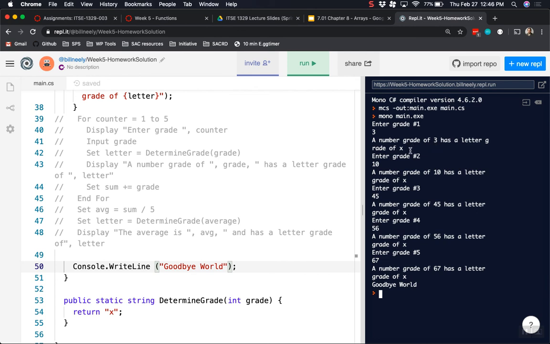and I'm getting back the value of x from determine grade. I haven't done the translation yet, but I'm getting something back, right? So I know that all the plumbing in my main method is correct, right? So I'll come back later and do the if statement in determine grade. Okay. So now,